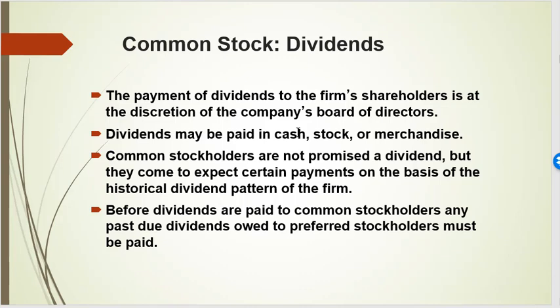So before common stockholders receive their dividend, remember we talked about residual owners, all other obligations are going to have to be paid. So we're going to talk briefly about preferred shareholders in this video, but we want to understand that for you to get a dividend, if you're going to get a dividend, all the obligations have to be paid, and obviously there has to be cash in the checking account to make those payments.